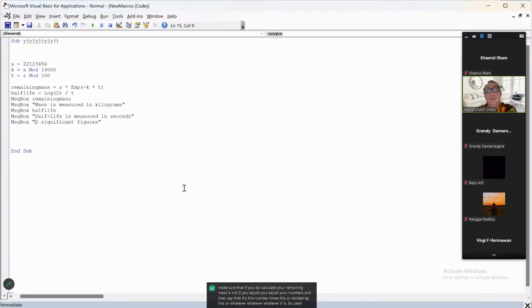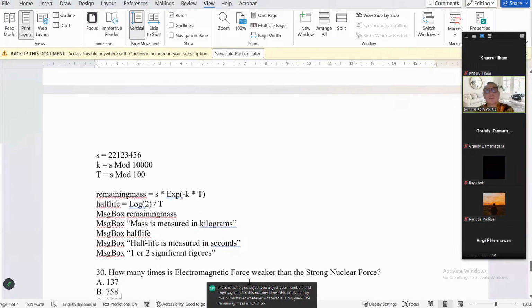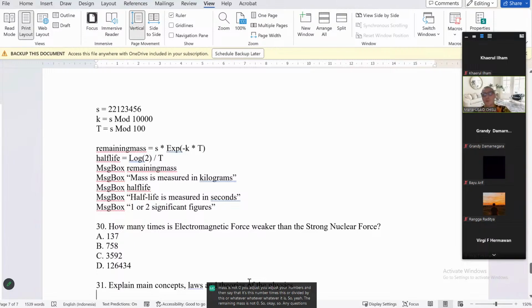So the remaining mass is not zero. Okay, any questions, any comments, please? If you don't have questions and if you don't have comments,